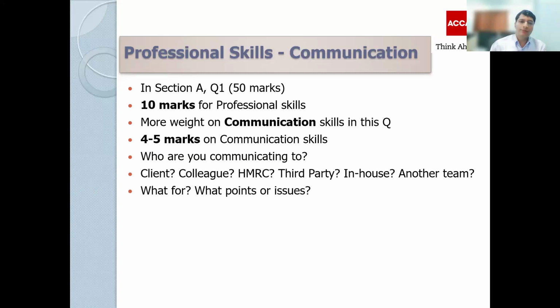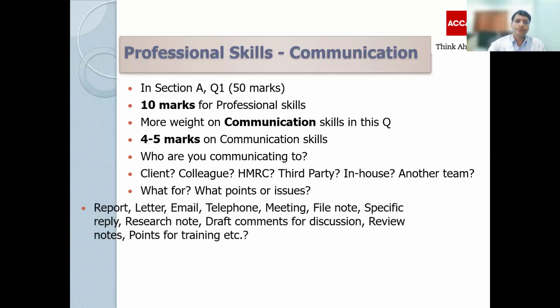Number 1. Number 2, what for? What points, what issues, what you are going to be talking about? What is the question about basically here? And depending on that, if you're talking about income tax, you may be talking in one sense. If you're talking about capital gains tax, you may be talking differently. If you're talking about inheritance tax, your whole discussion sense, whole communication model is going to be different because it requires different headings, different points, and different context.